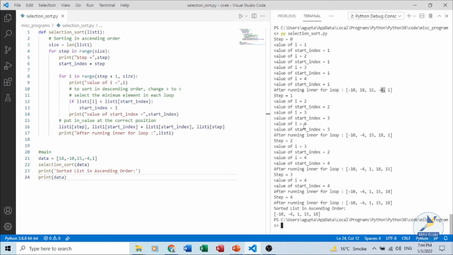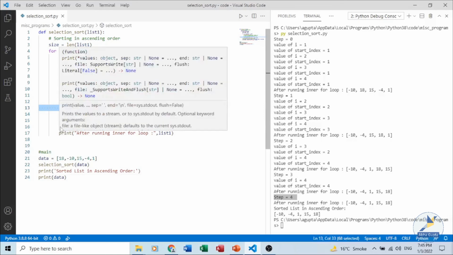So after the inner loop is complete, you could see minus 4 and 18, they are being swapped. So we have the sorted list minus 10, minus 4, and the unsorted part as 15, 18 and 1.